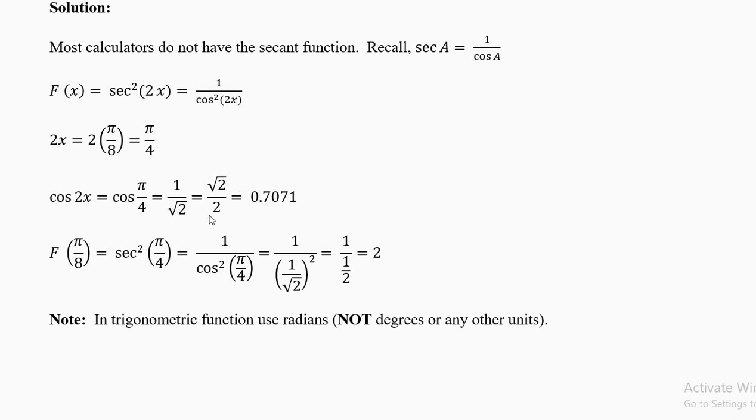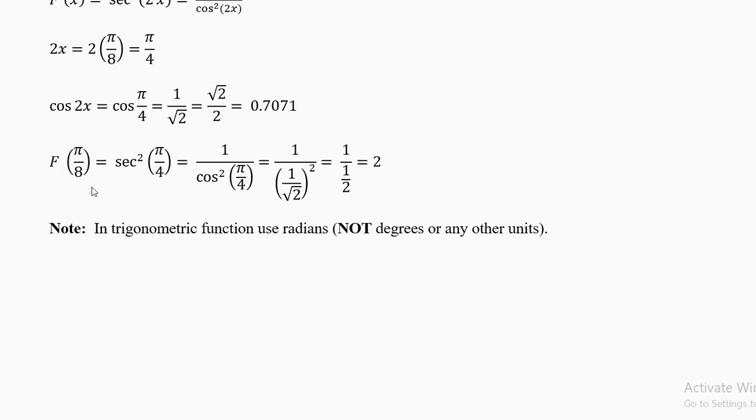If you do not remember the square root of 2 by 2 from your school geometry, do not worry. You can use your calculators. You'll get 0.7071 and many more numbers. Now f of pi by 8 equal to secant square pi over 4, which is equal to 1 divided by cos square pi over 4. Now you are going to square the cosine function, 1 over root 2 whole square. You will get 1 over 2, and 1 divided by half is 2. If you use very few numbers, you will get a number a little bit different from 2, which will be 2 point something, 2.01. It is all right, but you have to be very careful.